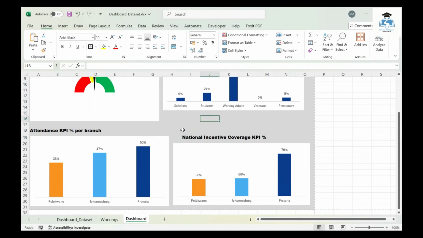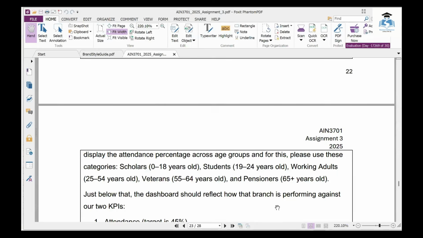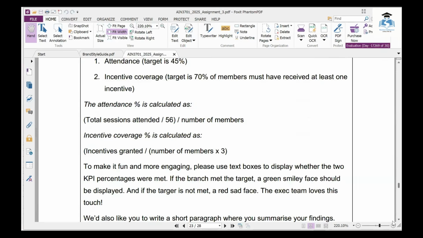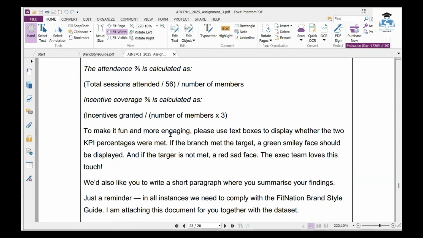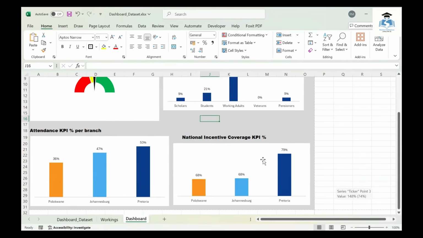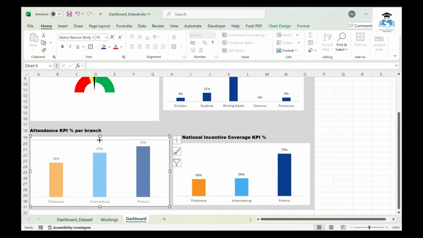Right. Remember, we are told again that to make it fun and more engaging, please use text boxes to display whether the two KPI percentages were met. If the branch met the target, a green smiley face should be displayed. And if the target is not met, a red sad face must be displayed. All right. So that's the other part that we want to deal with. So just for these ones to have a uniform,